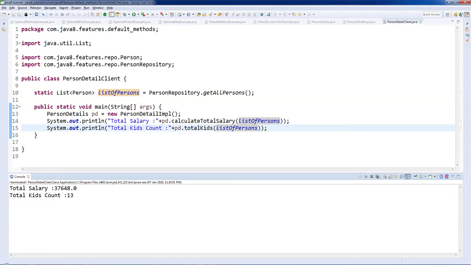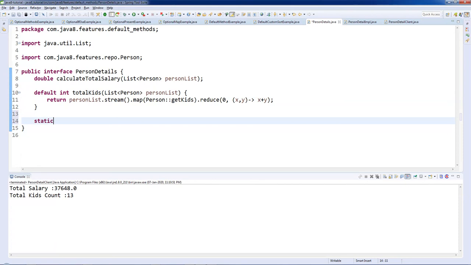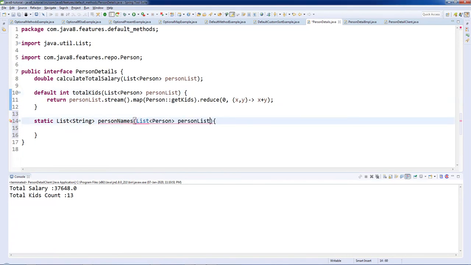So what else is still pending? We have seen the normal interface and the default method. The one thing missing is the static method. Let's have a static method which will return a list of strings. The strings contain the names of the persons. String, person names, and the input is going to be the person list again here, and here return